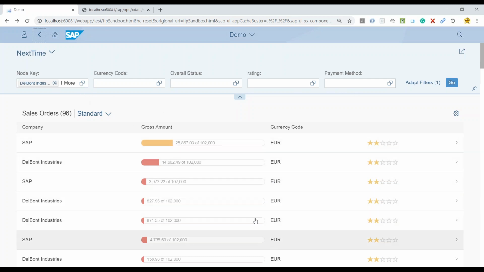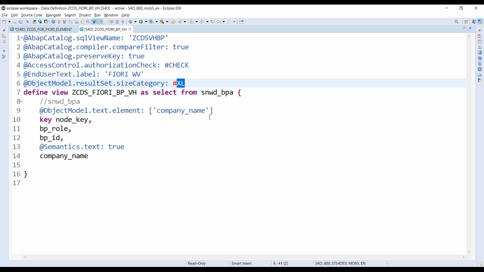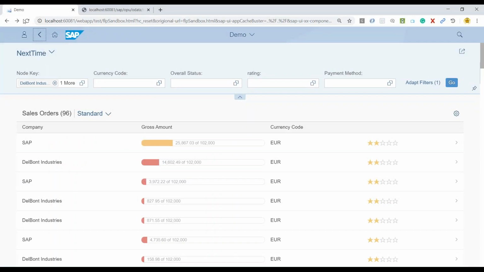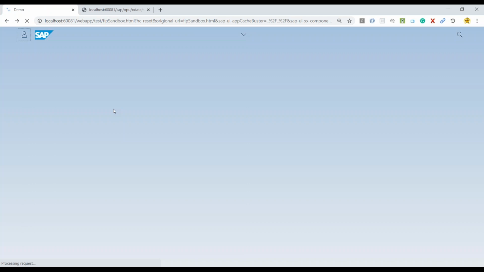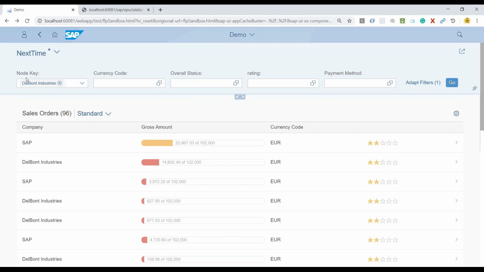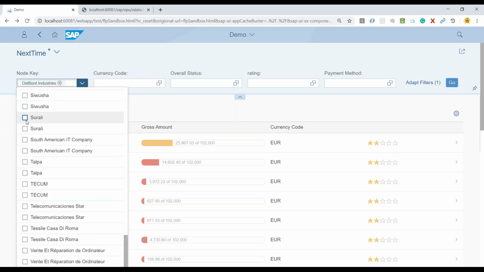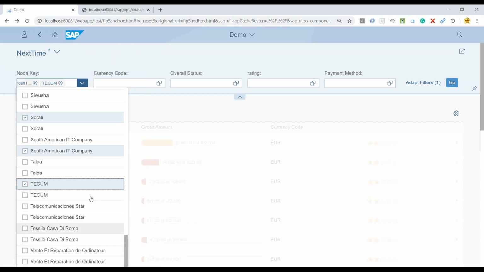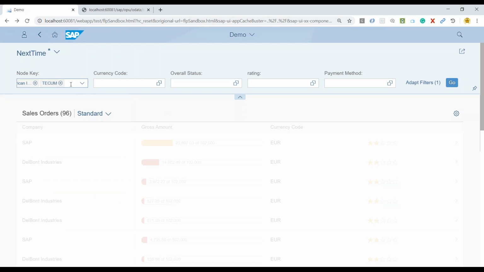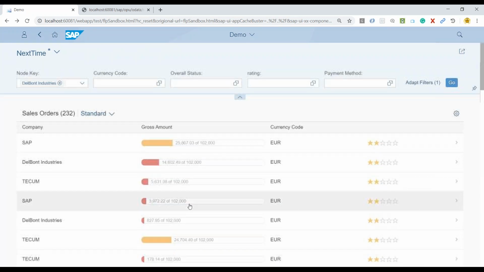Now maybe I will quickly go back and show you one real quick change, which I will make in my CDS, and I will make this an extra small data set. Let me just activate my CDS. And if I come back and reload here, you would see just in a moment my entire set of field, which was earlier showing me an F4 help, turns out to be a drop down now. So this was one of the requirements which we have received in our company, where we wanted to convert this to be a drop down, and that's how you can see we can really achieve this. So that's an amazing thing to learn.